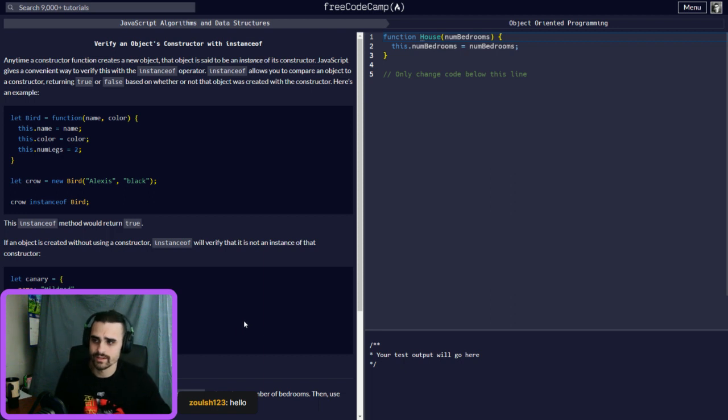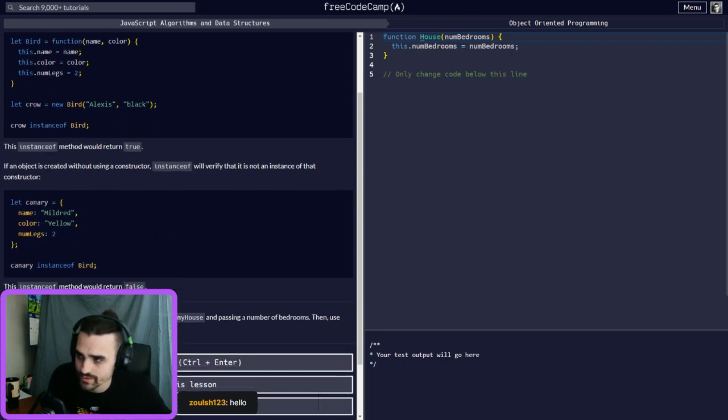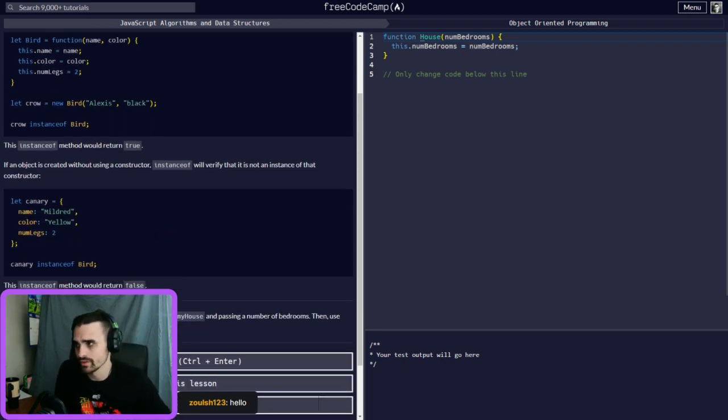It's not an instance of anything. So that's the difference. You can always check whether an object was an instance of another constructor, or is its own separate entity, in case you have to use dot notation and all that.